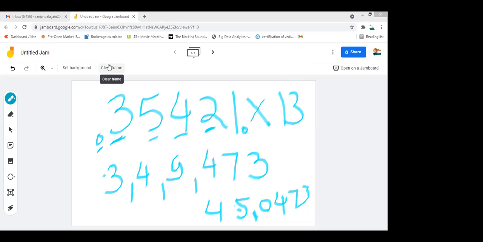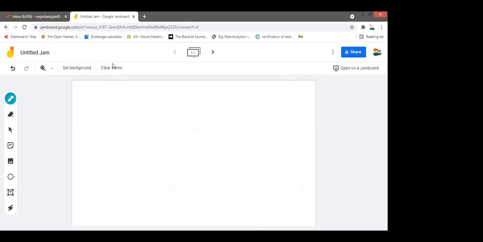You will require a little bit of practice here. If you solve at least 100 problems like this, you will be a master in multiplication of 11, 12, 13 up to 19 by using the Yog method, and within 10 seconds you will be able to solve. The important requirement is that you should know the tables up to 9 very fast. Very fast means if I say 9 5s are, you should answer immediately 45. And addition should also be fast. That's why I always tell you that you should know the tables and addition, subtraction fast. Then you will understand the importance of these formulas.